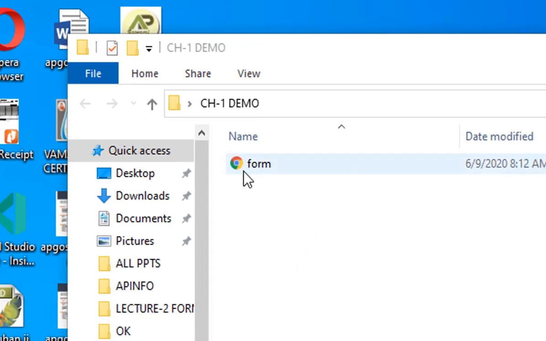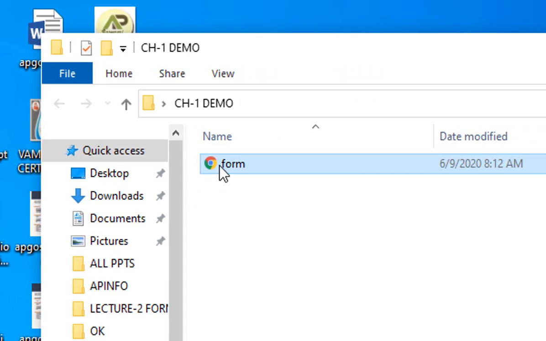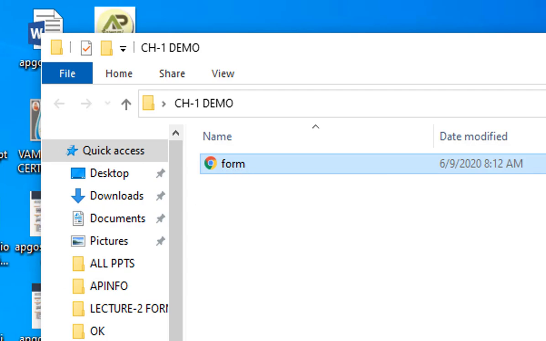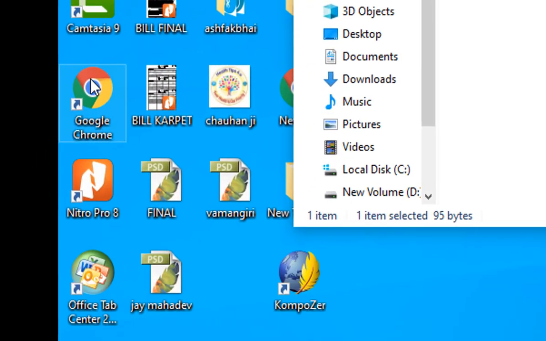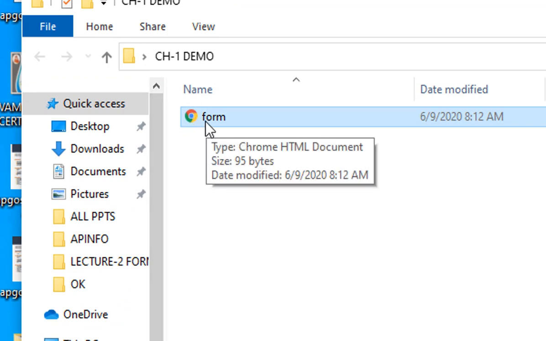If you use any one browser by default in your PC, you can see that logo. If I have used Opera by default, then the Opera browser is displayed. But in my PC I am using Google Chrome by default, so here it is a default Google Chrome web page. Okay, double click on this file.